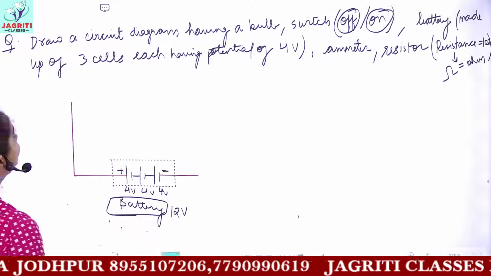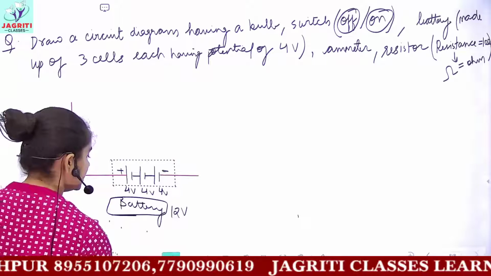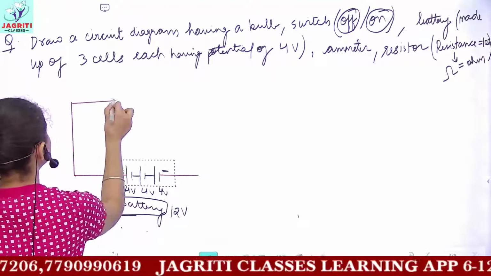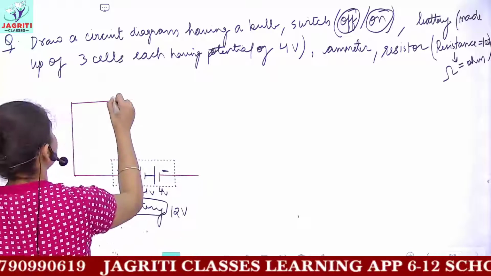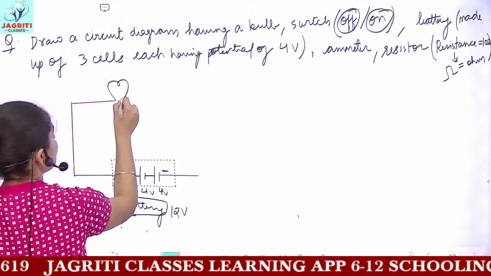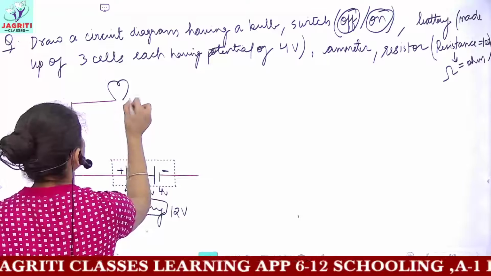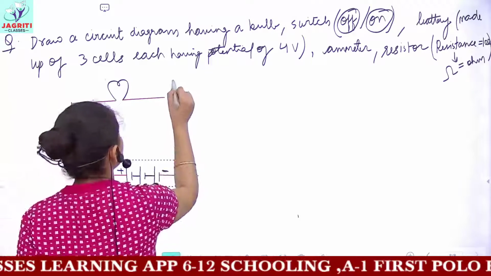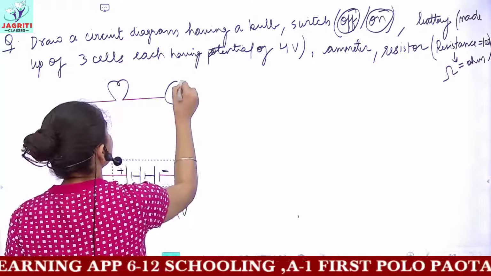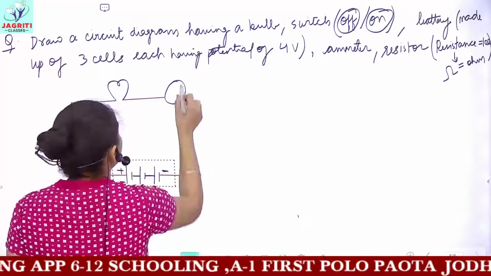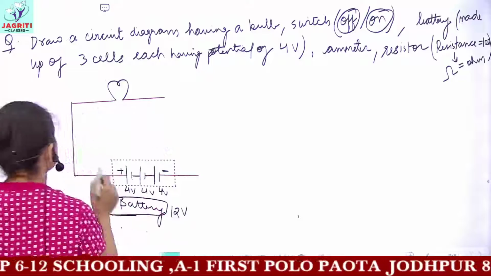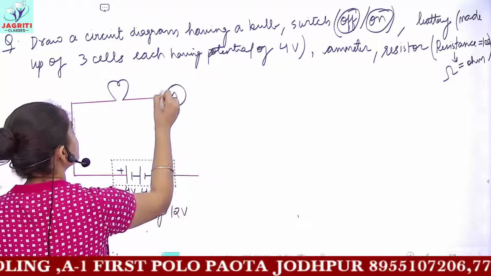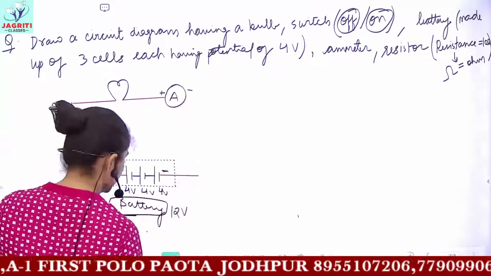Then what you have next is, you have to draw a bulb here. So now we'll be drawing a bulb, and the symbol to draw a bulb is like this. So this forms your bulb. Then you have to draw an ammeter in the circuit. So the ammeter is represented by this symbol. Let's draw the ammeter here. Okay, you can draw it anywhere because the ammeter is measuring the amount of current which is flowing through the circuit.